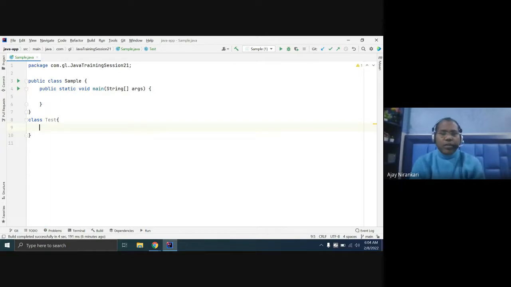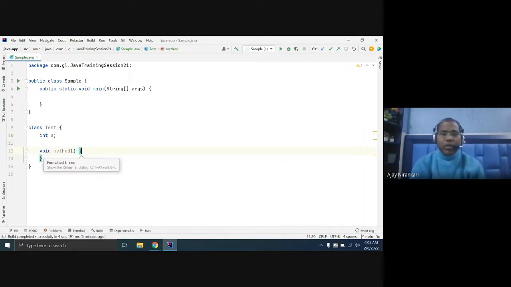And in this class, generally we can write some variable, let's say int a, or we can write some method like void method. So generally, a class contains some set of variables and some set of methods.